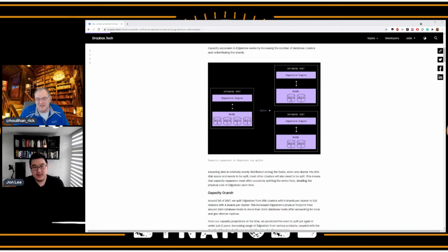From a numbers perspective, you can see some of the numbers on the blog post here, right? It's from, like you said, 8 shards per cluster to 512 clusters with 4 shards per cluster. And when you look at 512 clusters with 4 shards per cluster, a cluster is 3 servers, right? You're talking over 1,500 hosts splitting to another 3,000 hosts, and I think you mentioned it's an all hands on deck exercise at that point, right? When everyone in the company knows how to install a box, get into the data center now, right? Even if these are EC2 instances in a cloud provider, you're still talking about enormous